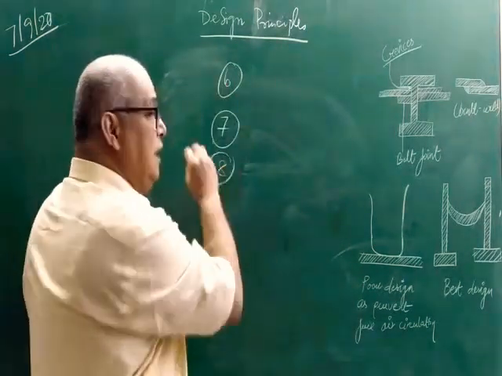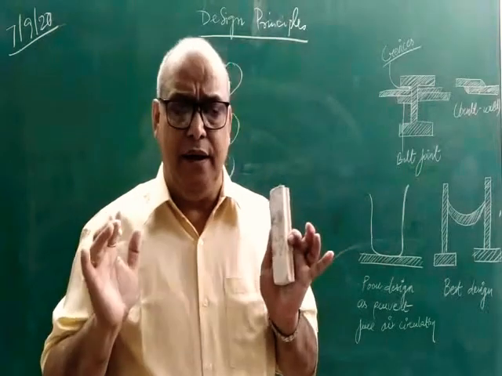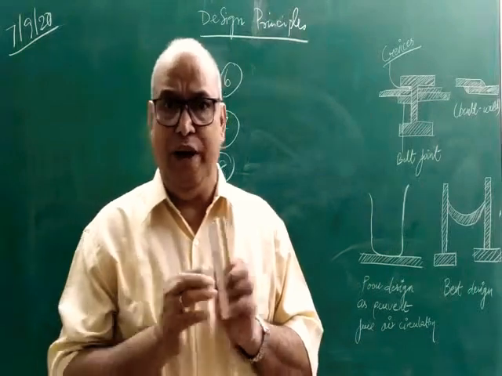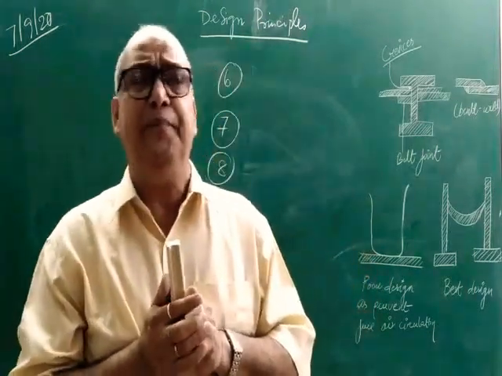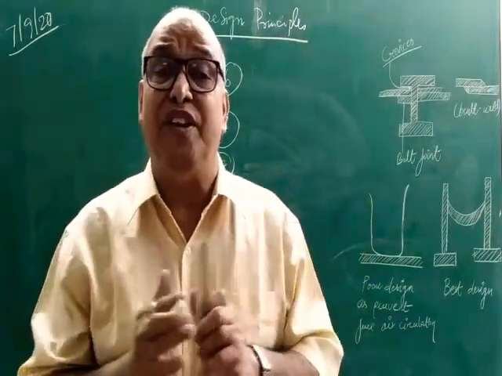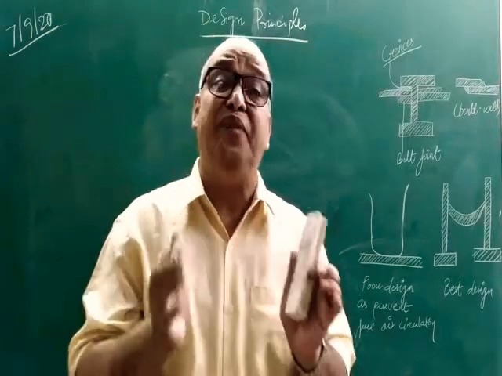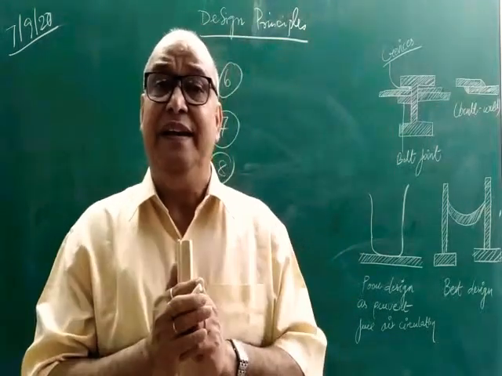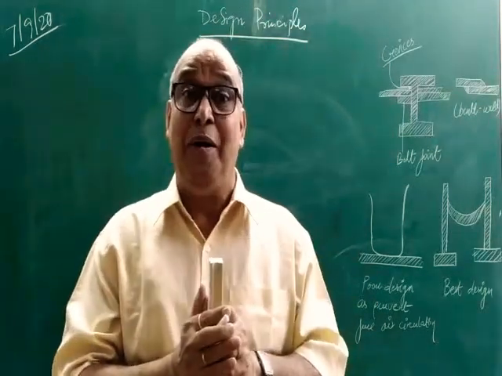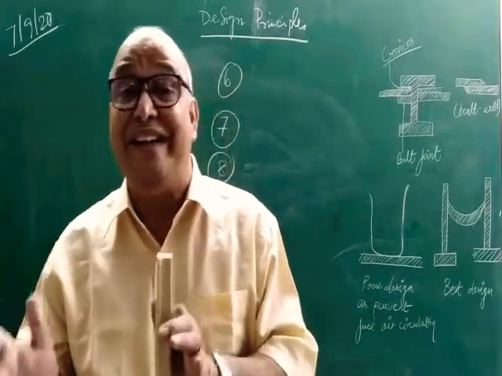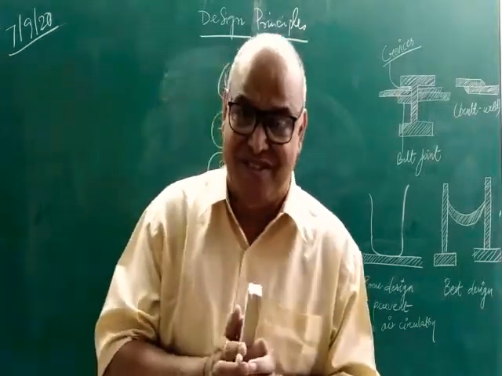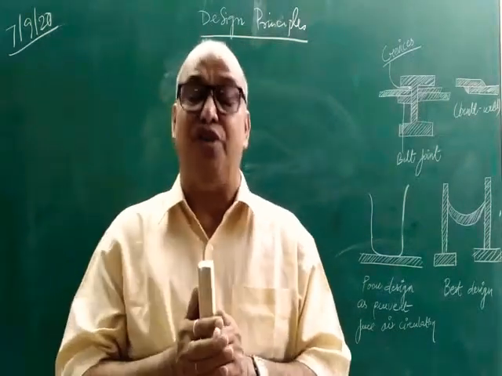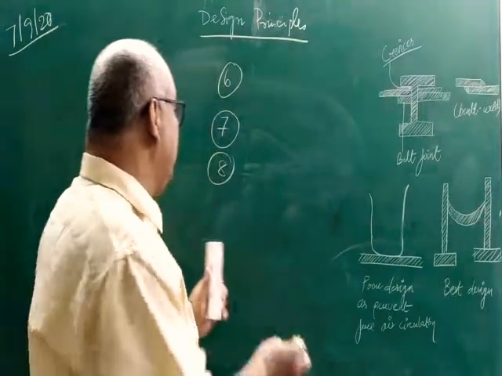Number 8. Any design should avoid inhomogeneity. What do we mean by inhomogeneity? Cleavage should not be there. So any proper design must be free from cleavage between the adjacent parts of the structure, even if a single metal is being used, because cleavage will create concentration difference, which in turn may produce differential aeration corrosion. Then number 9,